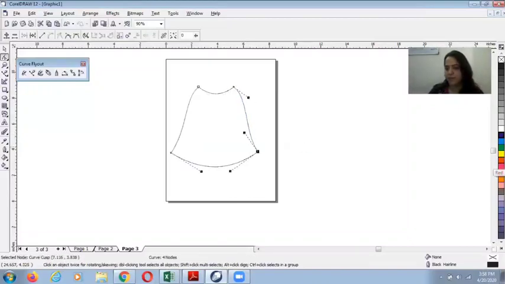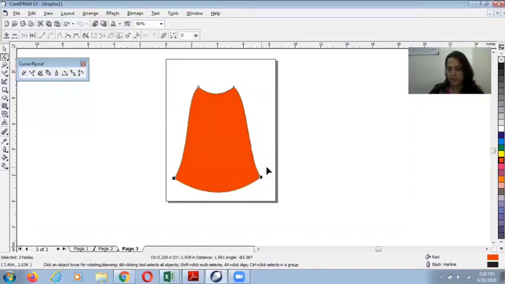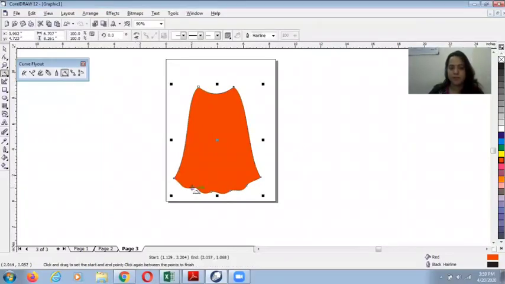I'm randomly filling the color from here. Now, if I want to increase the length, I can select both the nodes like this and I can increase the length also. Now, if I want to give flare, I can double click on this line and give curves. Now, if I move one node, another will also move. And now, 3-point curve will be used to make fall.